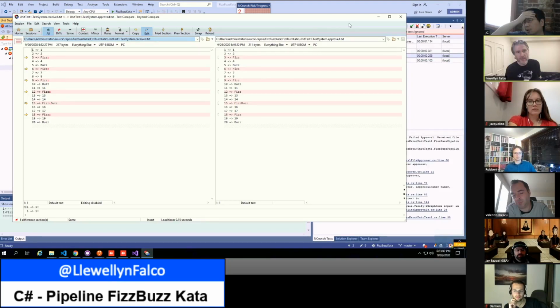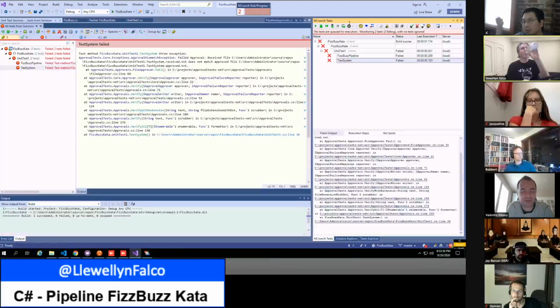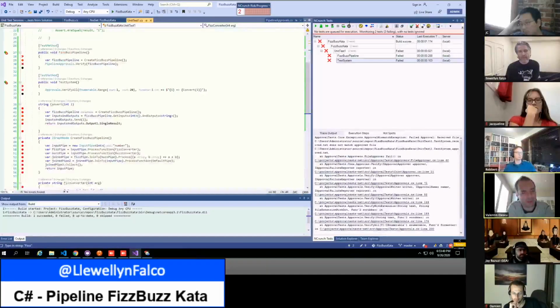Llewellyn, just to make sure I understand correctly, the approval tests are orthogonal to the pipelines. Yes, something separate. So with approval tests, you write something, you serialize it to files. It works mostly with files or other things too? I mean, it's always files, but those files can be whatever you want.